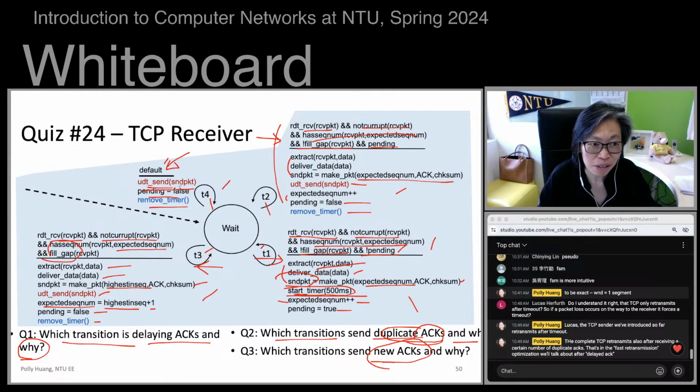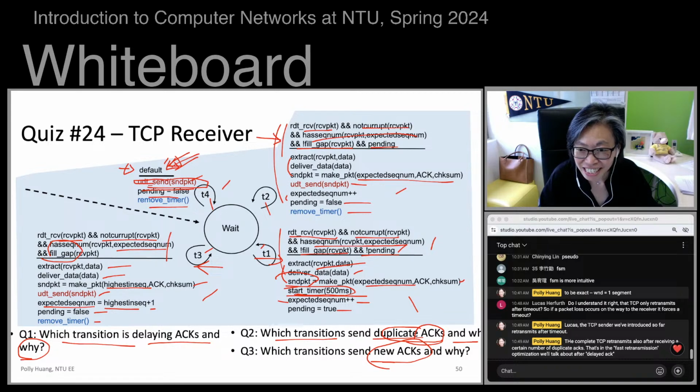So are you sure that this ACK packet being sent is always a duplicate ACK? If it's an out of order arrival, then it does not fit the condition for T1, T2, T3. So it's definitely this. So in that case, this is a duplicate ACK. But if it's the case of timeout, which does not fit the T1, T2, T3 conditions, it will also come here. Okay, so this default transition is special. It handles out of order arrival. It handles also timeout.